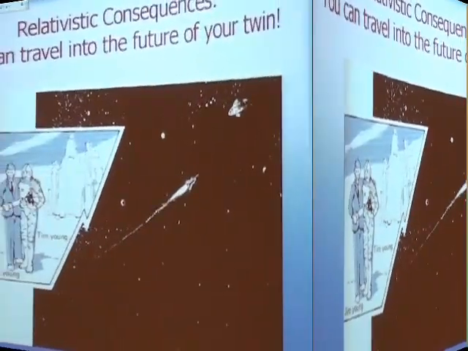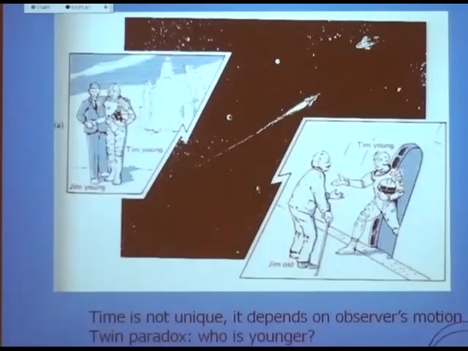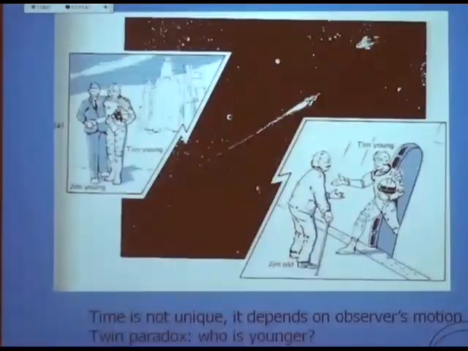All right. Now, I keep telling you about this twin paradox. So let me go through this twin paradox again with you more systematically. The twin paradox is that, and this is true, you can travel into the future of your own twin. What does that mean? So you've got two guys, Tim Young and Jim Young, and they're twins. And one guy gets on a spaceship and takes off, and he goes to Jupiter or whatever faraway star, let's say Sirius, and he comes back.